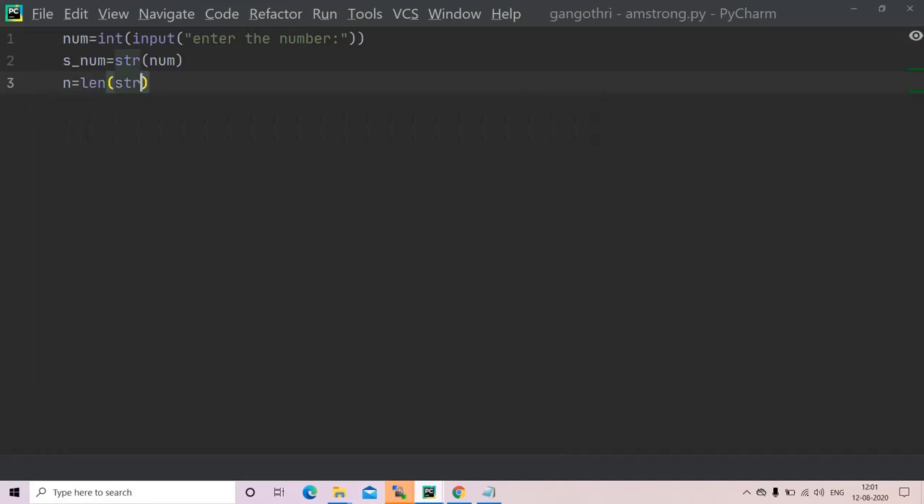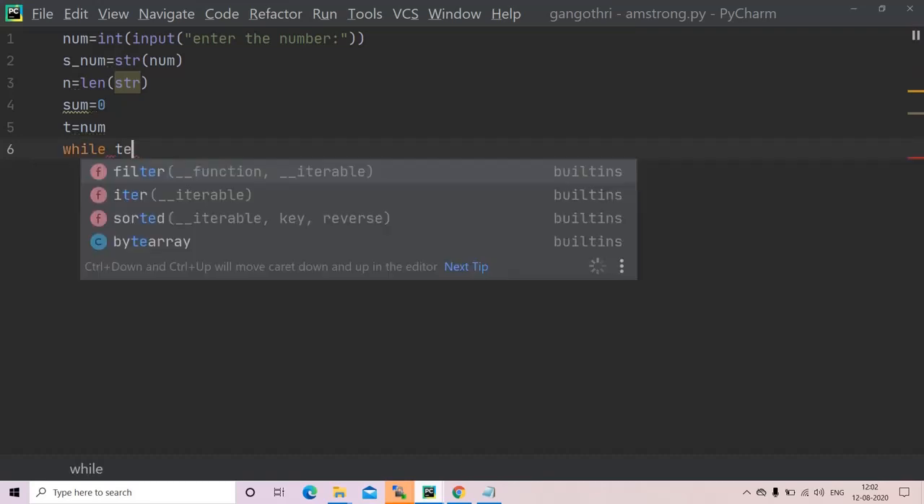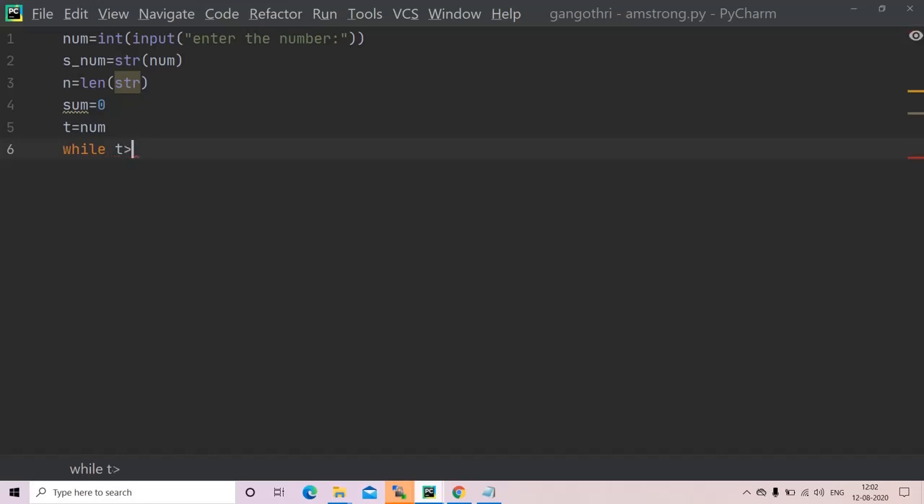len of s_num. Okay. Now coming into the original program, let us initiate our sum to be 0 and then I have a temporary variable here because I don't want my original variable to be changed. So t is equal to num. Then I'll use a while loop to check if the number is greater than 0 or not. Until the number is greater than 0, it works. t greater than 0,